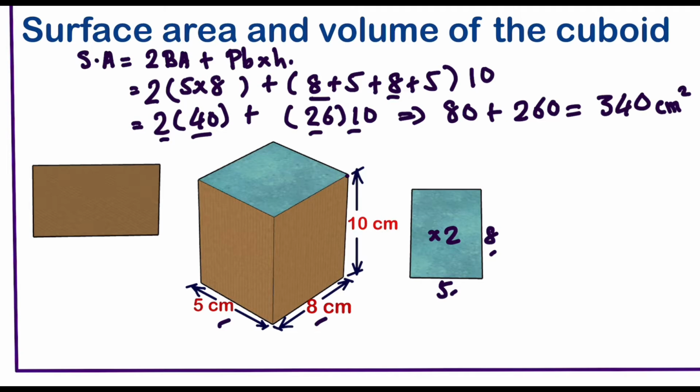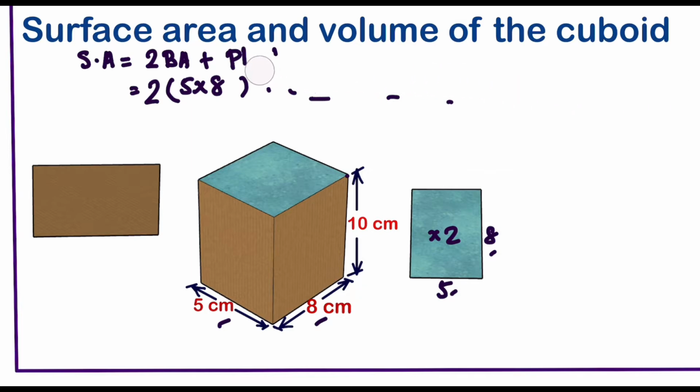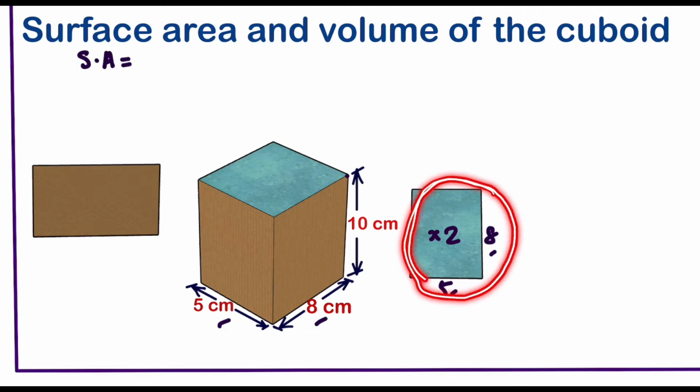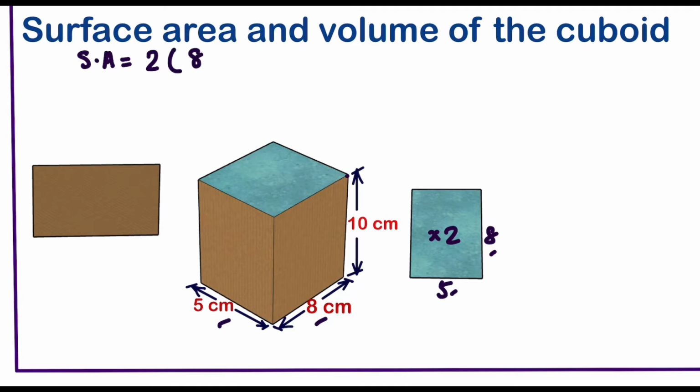Now the second method is practically the same thing, but is more understandable. Looking at the second method, we need to calculate the surface area. As we said before, at the top and the bottom, we have 2 rectangles that are the same, so we need to multiply times 2. So we are going to have 2, 8 times 5